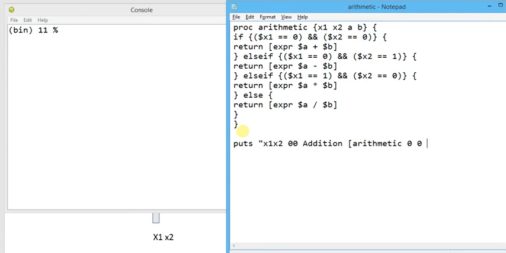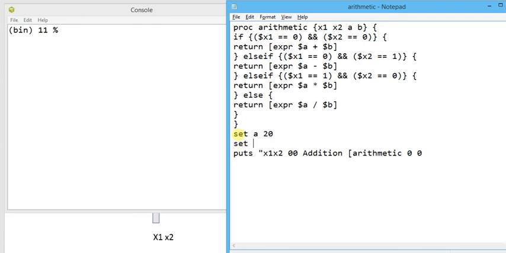Now what are the values of a and b? Suppose I set a to 20 and b to 10. So here we need to update the values as $a and $b. This is my one operator going to execute.